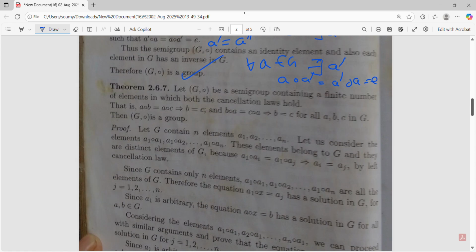Now move on to the next theorem. Let G be a semigroup containing a finite number of elements in which both the cancellation